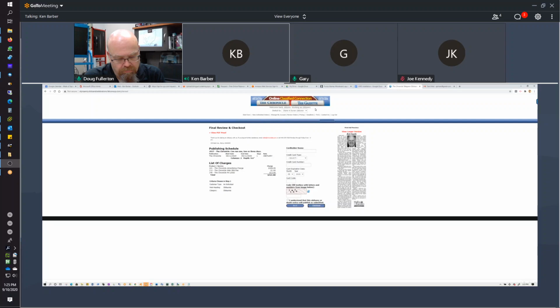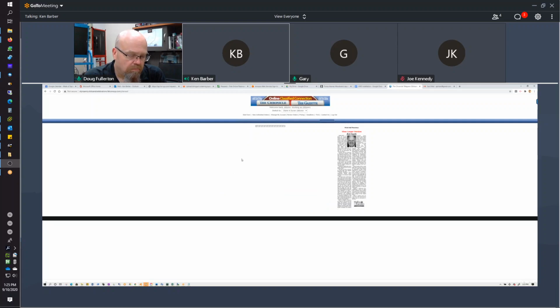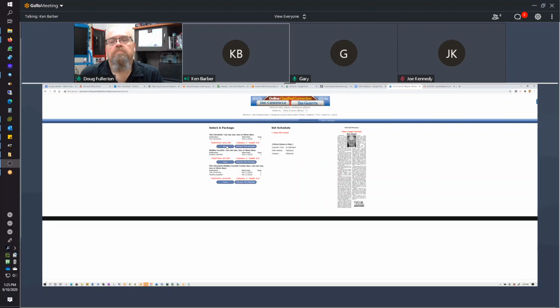I mean, we can set up packages. If we go back here, and then I'll let you guys go. Here are the available packages. If you had certain papers that ran together a lot, you could just have them as a package here. We can put together combos, and then there'd be a drop down here for all the other pubs where they could just pick a pub, pick that package, and it would price out. Uh-huh. And then any combos. I mean, we can,